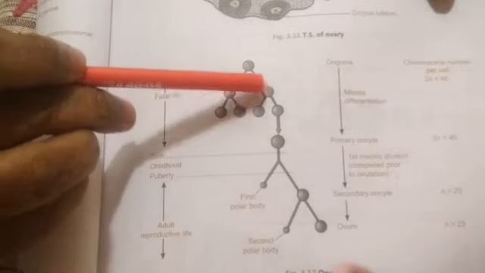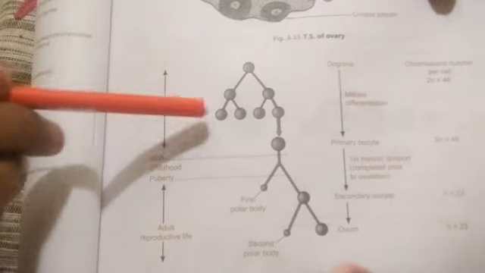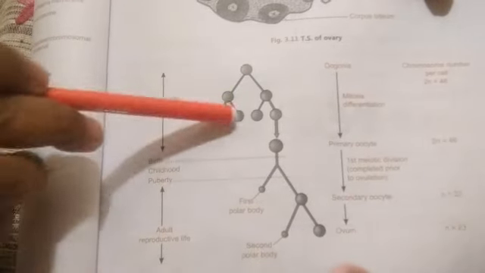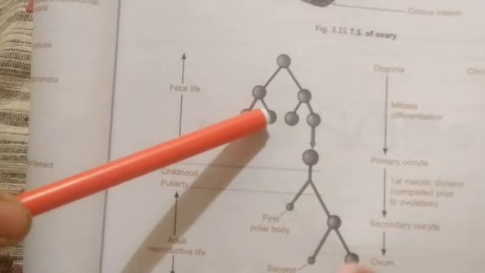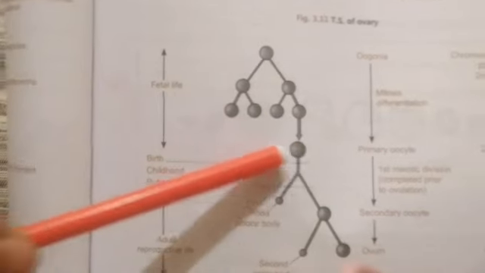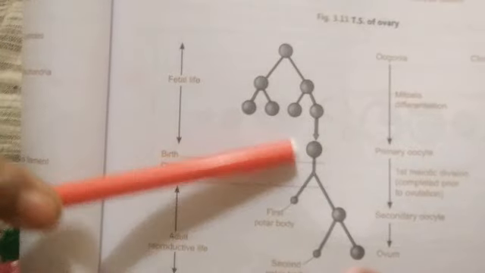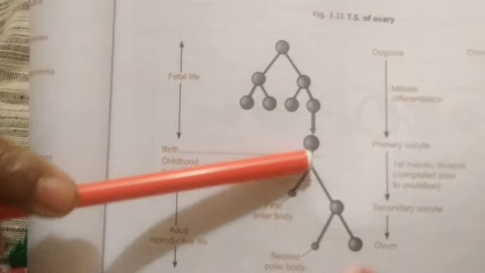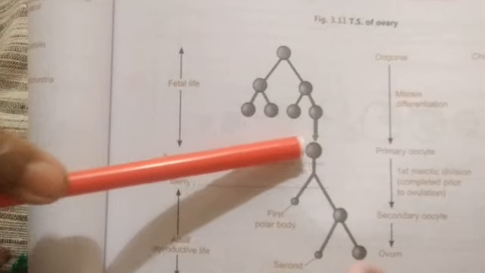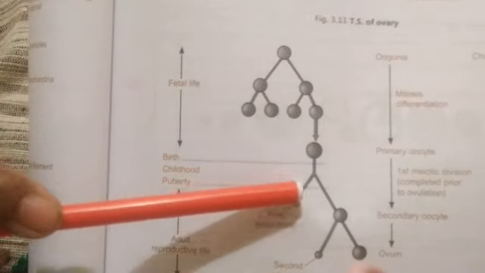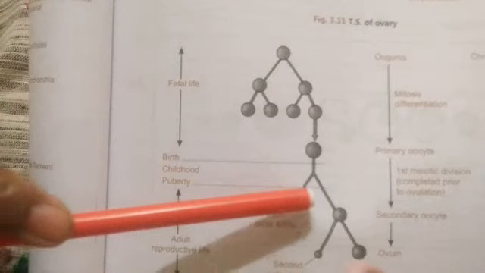Next we will have a look at oogenesis. So we can see here, these are the oogonial cells. Oogonial cells undergo differentiation and division forming primary oocyte, clear, and this primary oocyte starts meiosis but gets arrested and remains as such. So this forms during fetal stage, and is arrested as such till puberty, and then at puberty the division is again resumed.